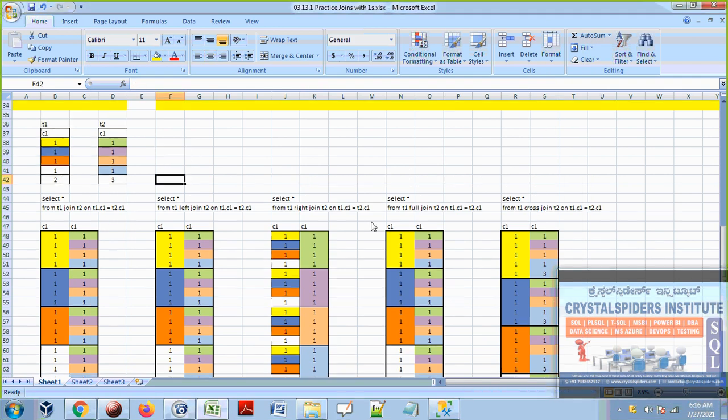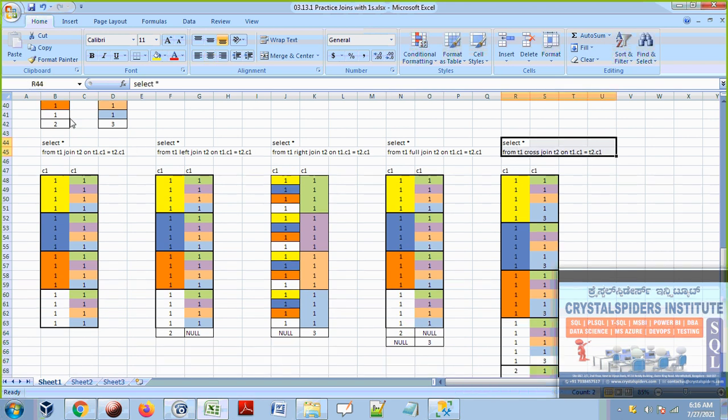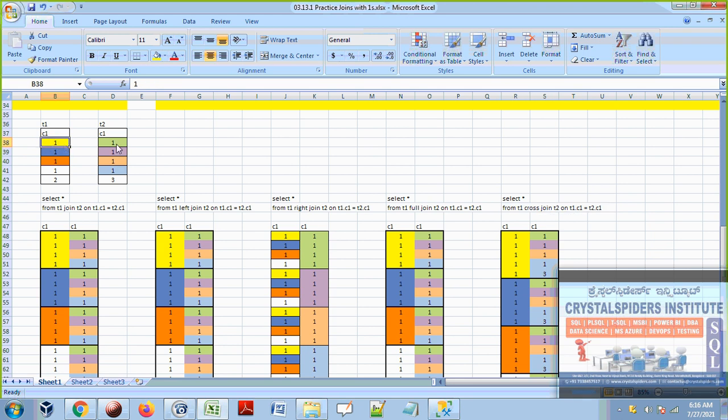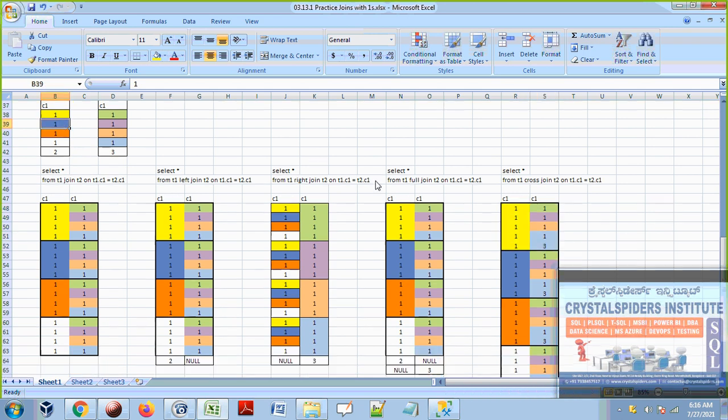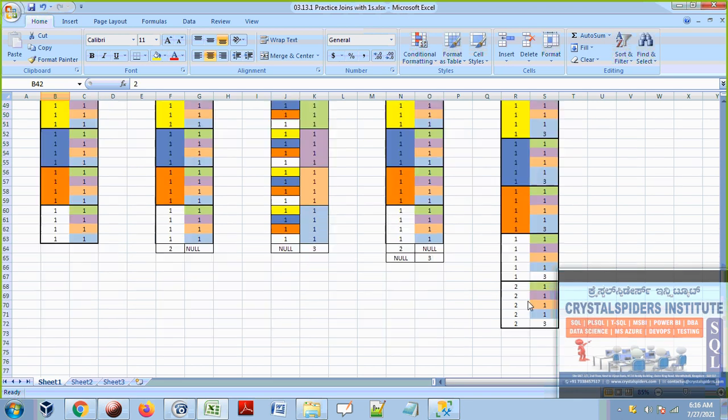So this is what a full join is. A full join will display all matching ones and the non-matching records from both sides. And the cross join, what will it do, guys? It will go to the outer table and blindly join. This one will join with all these records. See, that one is joined with all the records in the inner table, and this one will join with all these records, and this one will join with all these records, and this one too. And record 2 will join with all the records. This one will join with all the records.